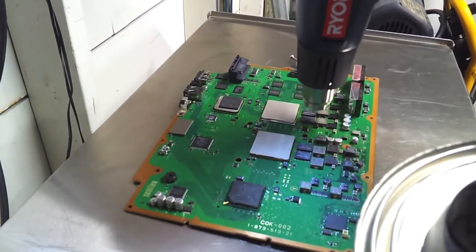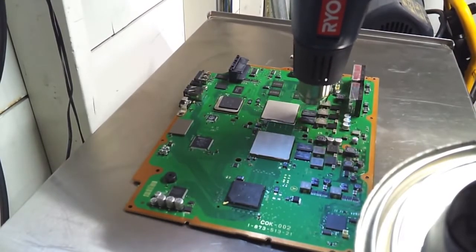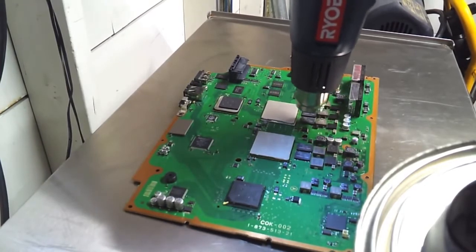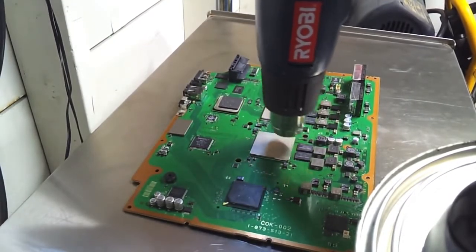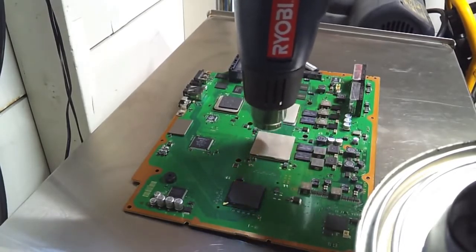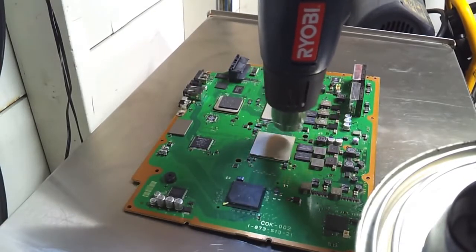Really make sure that solder gets a new, or rejoins wherever it broke, which is what caused the YLOD. So we just want to get small circles and heat up each chip, even amount of time. After we do this, we're going to go ahead and